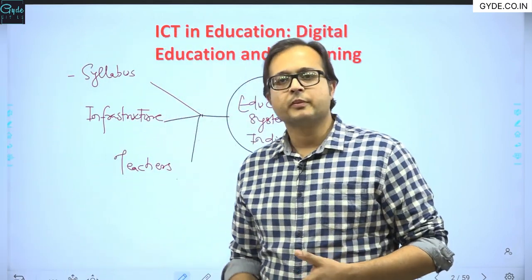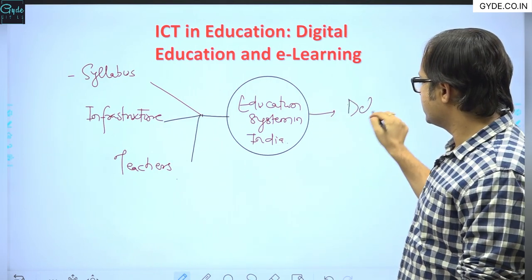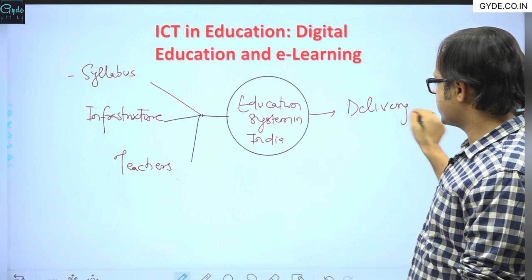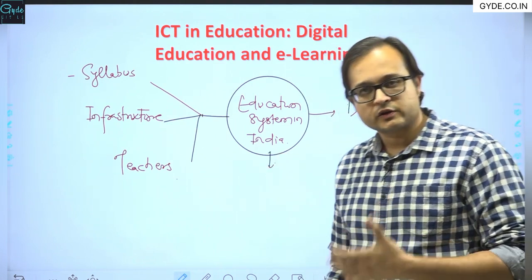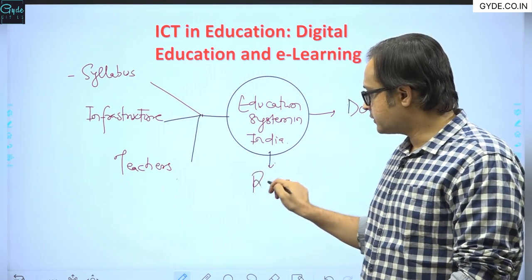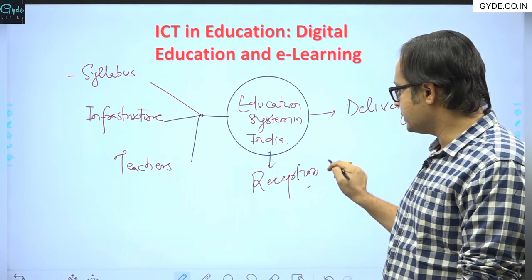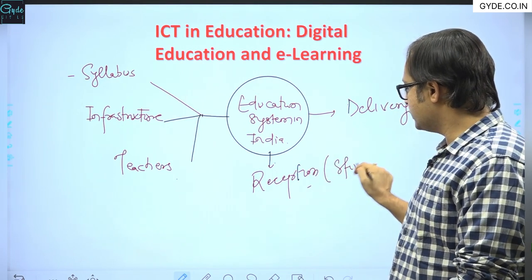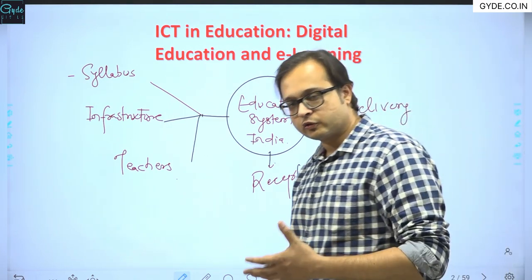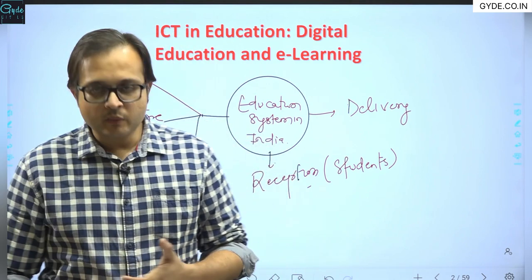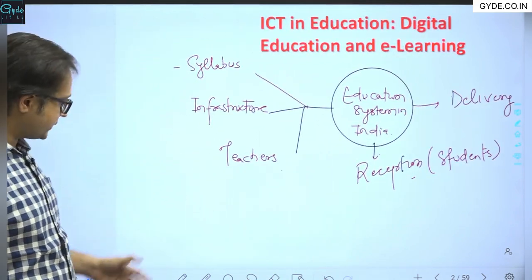The second nature of problems with the education system that we see is with the delivery of education. And the third basic nature of problem that we see with the education system in India is with the reception of education, when that is at the aspect of the students that we speak of, right? The problems that we see with the students also, right? Now one by one, when we try to understand the basic nature of problems that can be identified, syllabus, right?